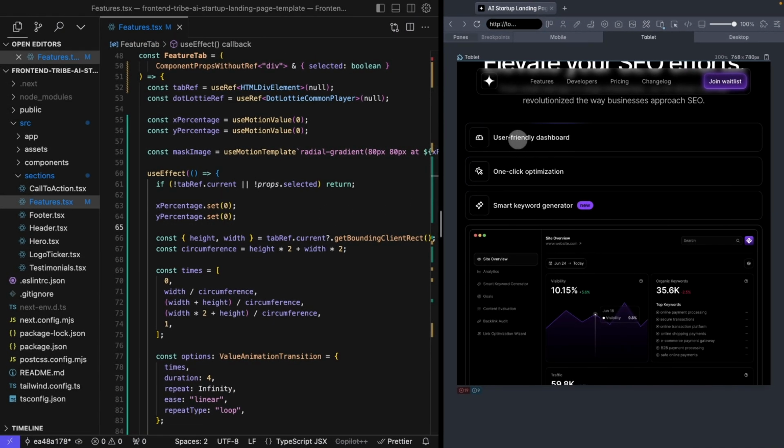So I'm going to click this one, it sets it back to 0. Click the next one, sets it back to 0. And so we're starting that at the same position every single time. So I definitely like that a lot better. We're getting our hover animations. So these tabs are starting to look